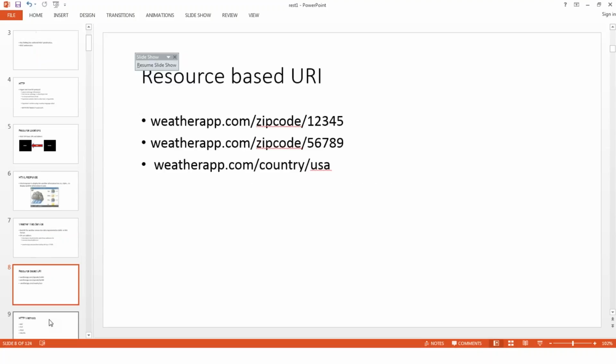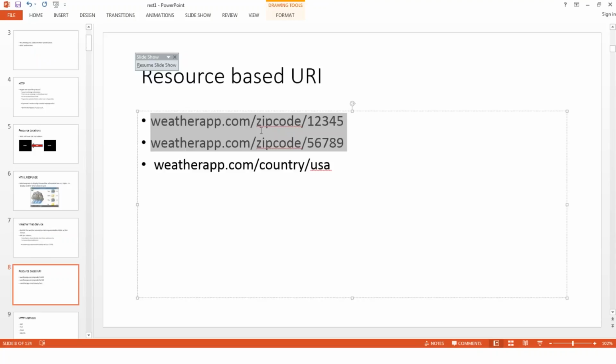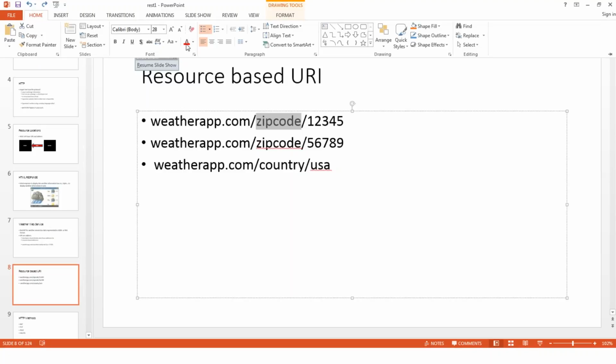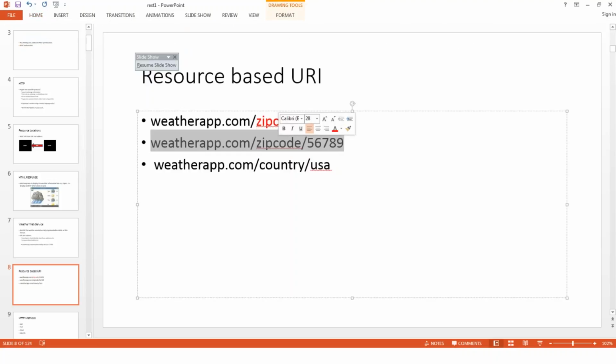Now in a resource-based API, your zip code is a resource. Over here, rather than writing the servlet, where the servlet is the resource, your zip code is the resource. Now over here, zip code. So you are requesting for,